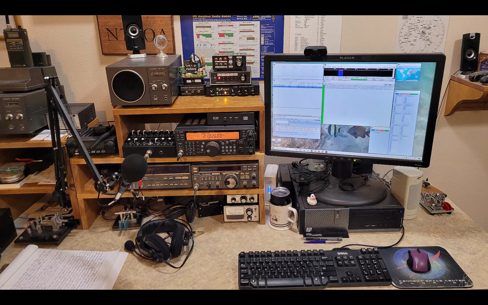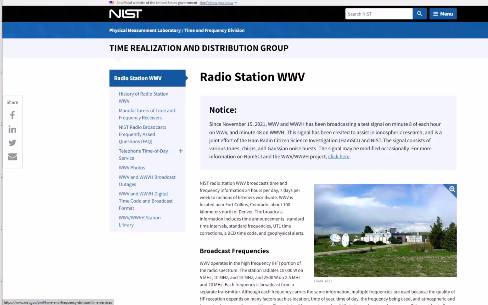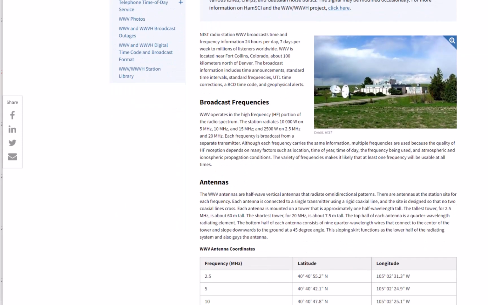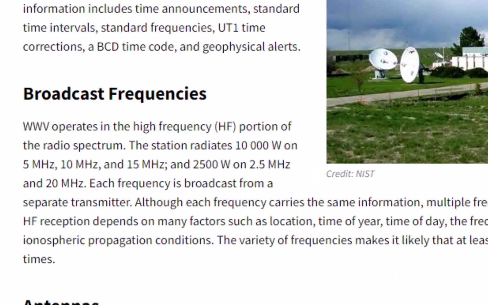Now, amateur radio beacon stations, the power limit is 100 watts, but other beacon stations exist. The National Institute of Standards and Technology of the federal government operates one of the oldest beacon stations, WWV from Boulder, Colorado, and also WWVH from Hawaii. They transmit on known frequencies with known power levels. And there's the advantage. For example, WWV transmits with 10 kilowatts on 5 megahertz, 10 megahertz, 15 megahertz. Because you know the power level, you can listen to those frequencies and tell how good the bands are, how good reception is today. So that's the purpose of beacon stations.